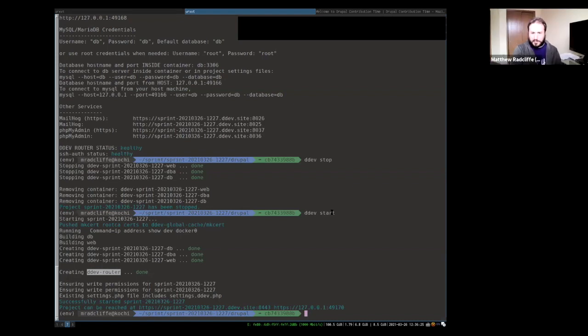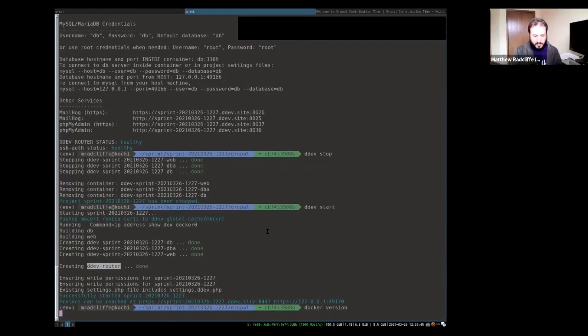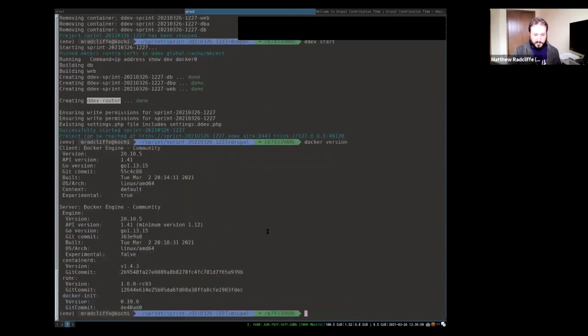I updated from Docker 19.03 to 20.10, I think, and all my containers were gone. Okay, so I'm on Docker 20.10. Is that the same as yours? 20.10.5? Yeah, same as you.